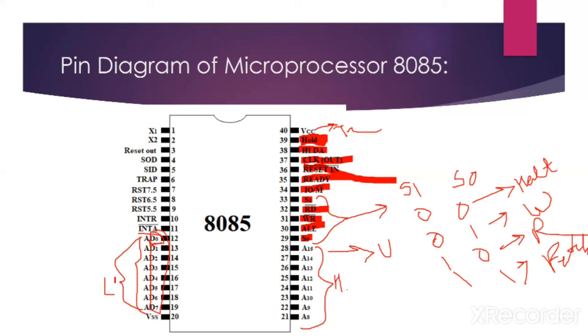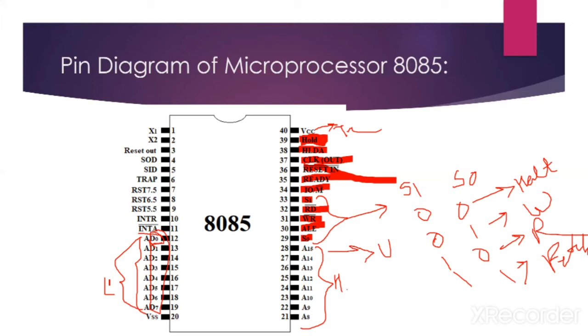Next pin is INTR. INTR is a level triggered maskable interrupt request input signal. This is a general purpose interrupt with lowest priority. When an interrupt signal is given on this line, the microprocessor executes an interrupt acknowledge cycle to read interrupt information from the interrupting device. When this arises, the program counter does not increment its contents. The INTR is enabled or disabled by the software.